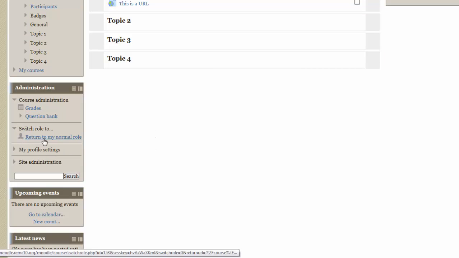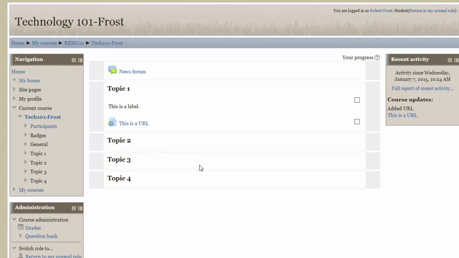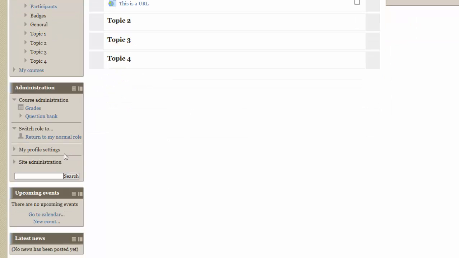You see they do have access to the administration block, but it's a very limited administration block. And actually, even this option here is only there because I'm logged in as a teacher and have switched my role. It gives me the opportunity to switch back to my normal role. But if you're ever wondering what it is that the students see compared to you, things that are hidden versus not hidden and that kind of stuff, that's a quick way you can do it. So I'm going to just say return to my normal role,